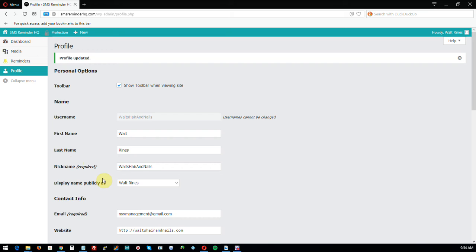Once you're logged in, of course you'll see on the left hand side your menu. The dashboard is where you'll see the various training videos listed and the other training resources, the link to the support form, and the documentation. A few other things on the dashboard. Of course, also on the menu is a